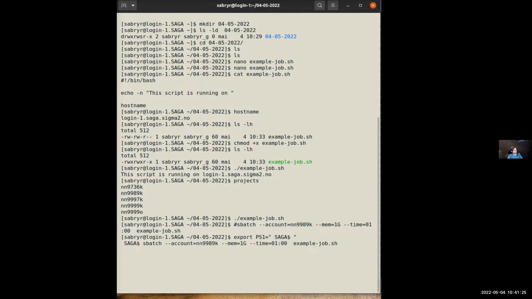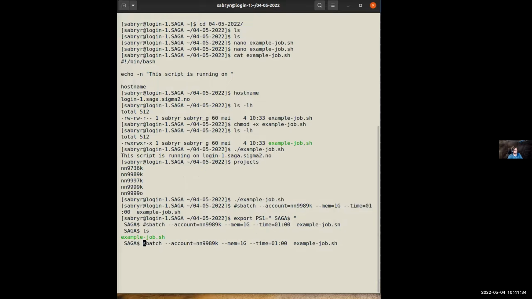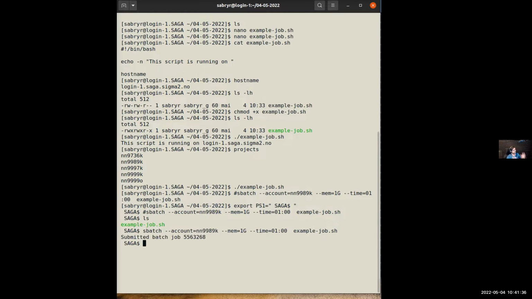Here I'm going to ask for 1 minute, and I'm going to have the job. Again, I'm going to show the ls to see what's there. It's only the job. Then I'm going to give that to the scheduler. When you give that to the scheduler, you get a job ID. This job ID is important when you contact us for support, for example. Do you agree, Bjørn?